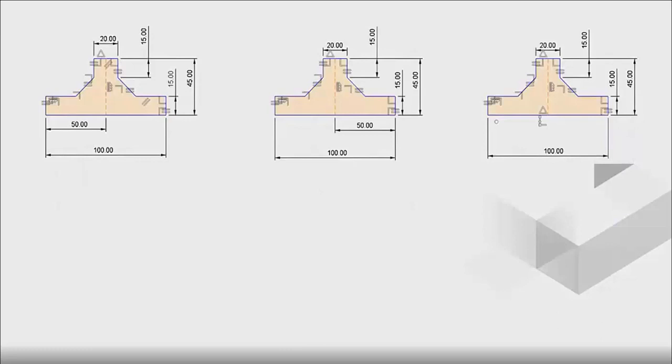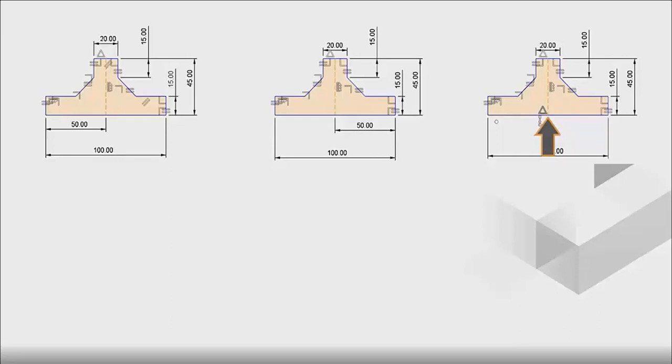These three identical sketch profiles are good examples of how design intent impacts an update to the sketch. They all currently have identical geometry. However, there is one major difference between each of them. The first profile has its center line defined to be 50 millimeters from the left edge. The second profile has its center line defined as 50 millimeters from the right edge. The third profile uses a midpoint constraint instead of a dimension, which keeps the center line connected at the midpoint